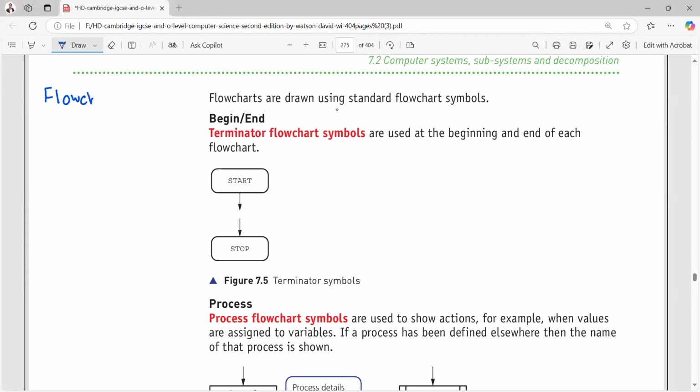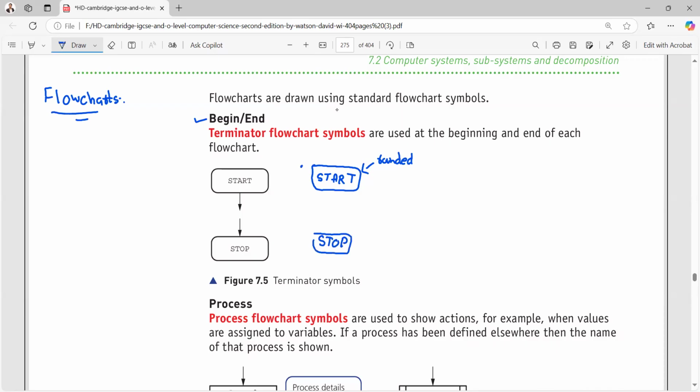If I want to create a flowchart, I have some symbols for that. The first one is used if I want to begin and end a flowchart. You need to remember that if the flowchart is beginning, it has to be a shape like this, and it must have rounded corners like this. So it should start like this, and if it has to stop, then